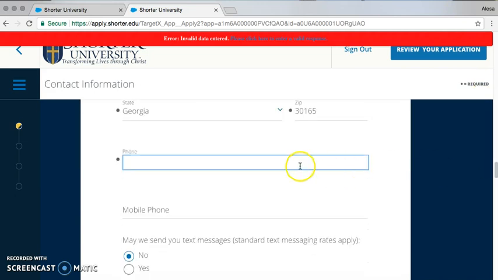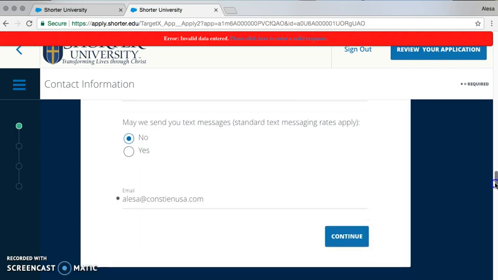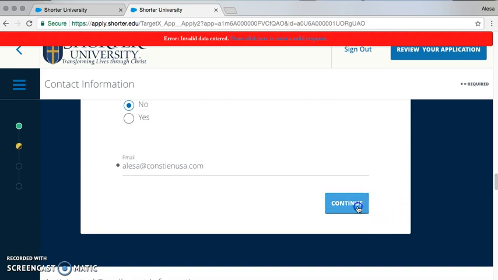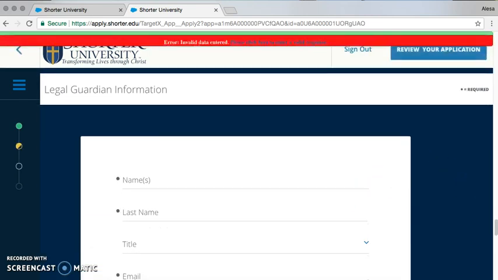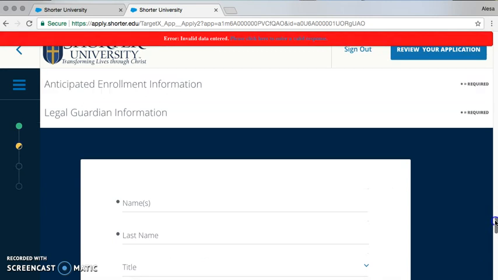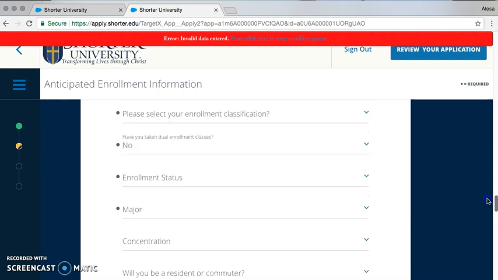And where it says phone, you can put in your phone number, whichever number is the best to reach you at. And then hit continue. You'll notice it skipped right down to our legal guardian information, but if you'll scroll right back up to our